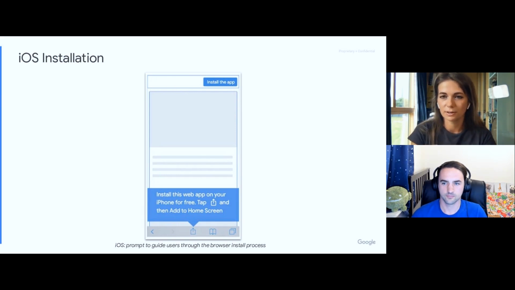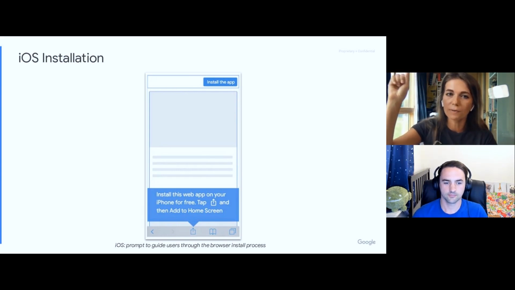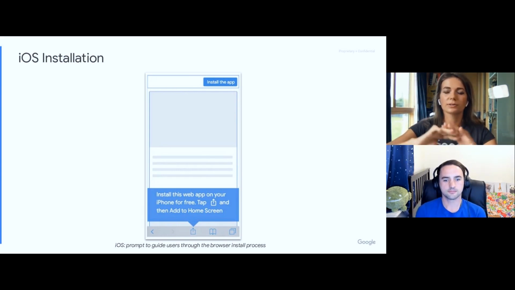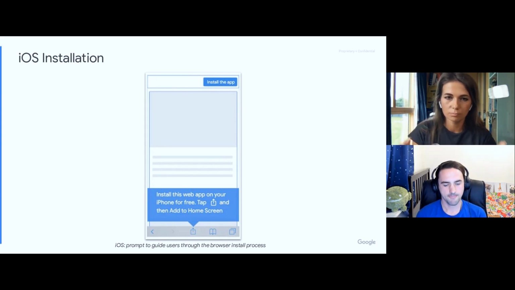Here is a mock that shows that whenever a user clicks the install the app button on the top, an overlay shows up and guides the user through the browser installation process, right? So where exactly in the menu they should go and what to tap next.